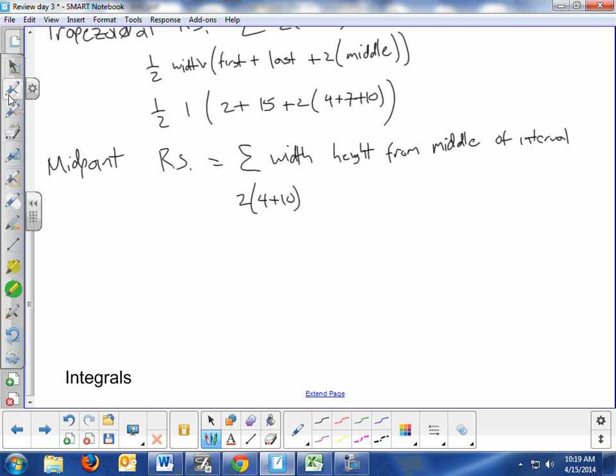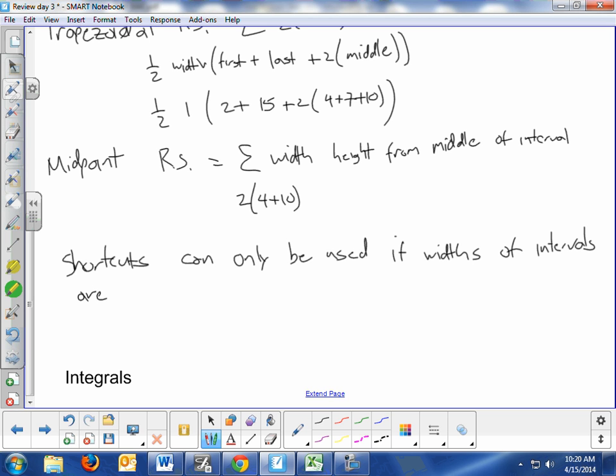Now, it's important, these shortcuts that we kind of showed can only be used if your width is consistent. Shortcuts, if the widths of the intervals are consistent. Okay, if they are not,